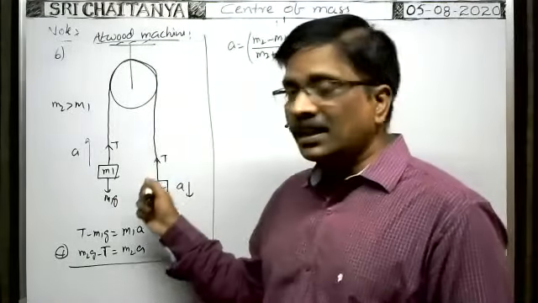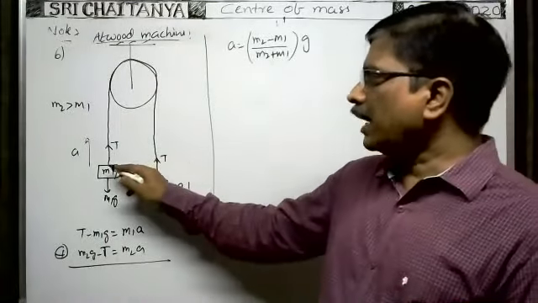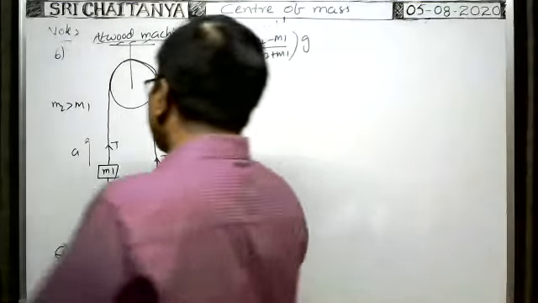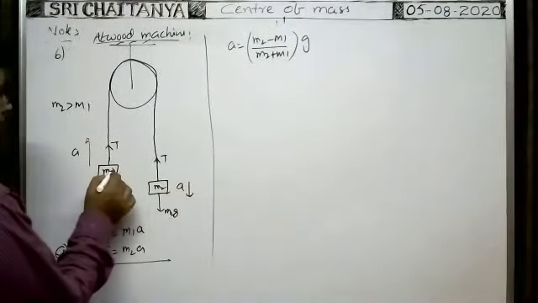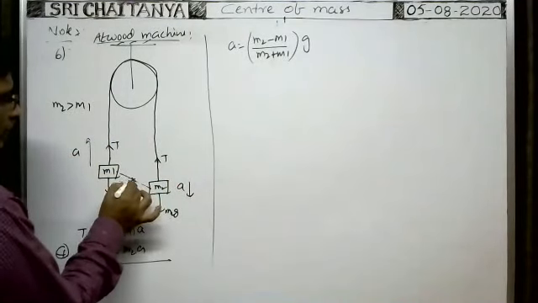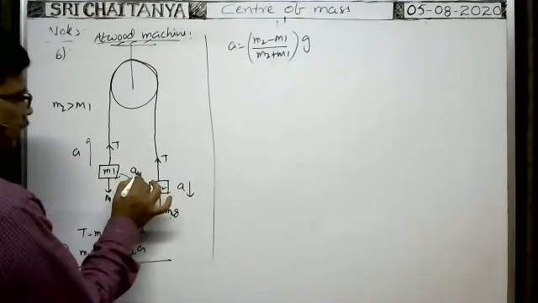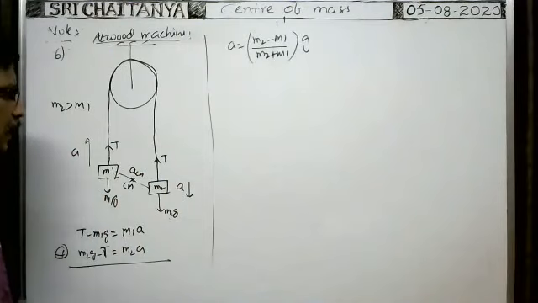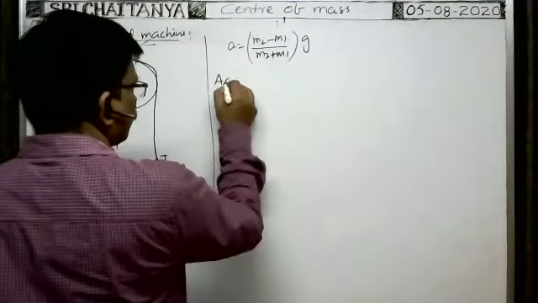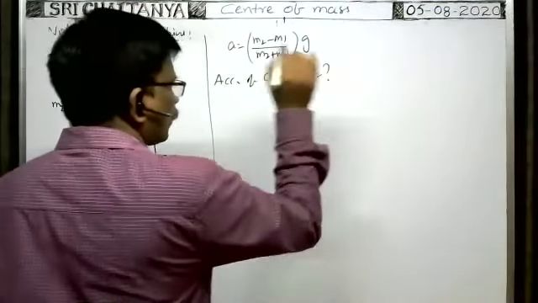Now, what is the acceleration of the center of mass? Here in the system, there are two blocks. The first block travels in upward direction, the second block travels downward with the same acceleration. At a certain instant of time, the line joining the two blocks is this one, so the center of mass of these two blocks lies somewhere here. This is the center of mass of the two blocks. Then the acceleration of center of mass is say a_CM. What is that acceleration of center of mass of the two blocks?